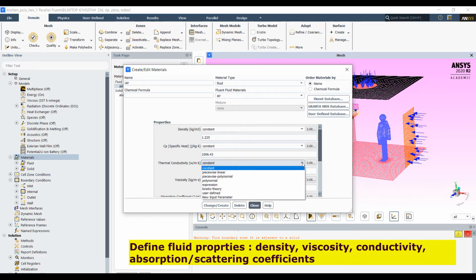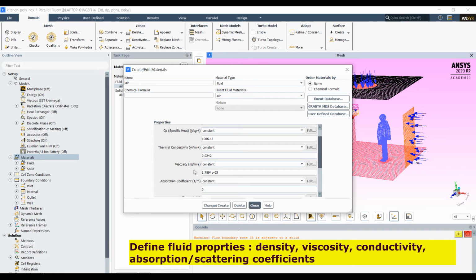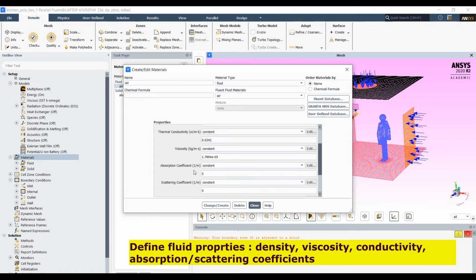If you have temperature dependent properties, then you can define polynomial coefficients or piecewise linear. For this case, I am keeping constant properties like density, specific heat, thermal conductivity, viscosity, and absorption coefficient. I am also taking scattering coefficient as 0. That means there is not much role of absorption and scattering.